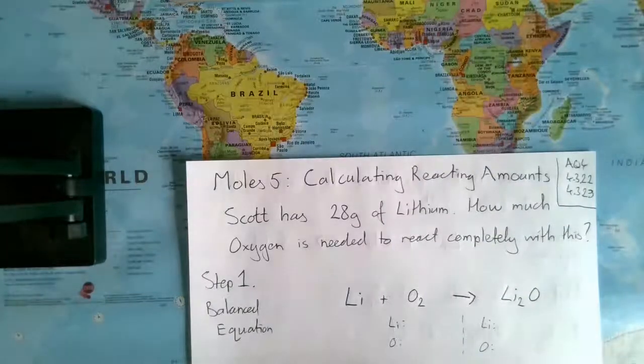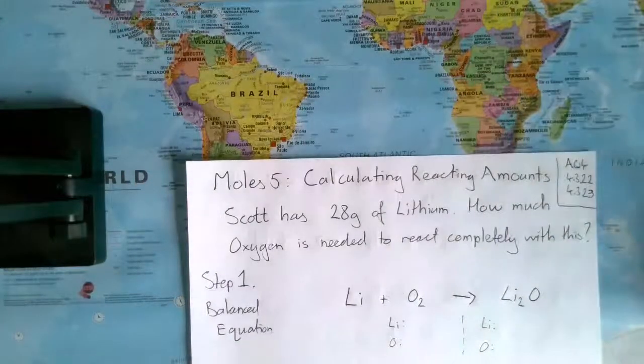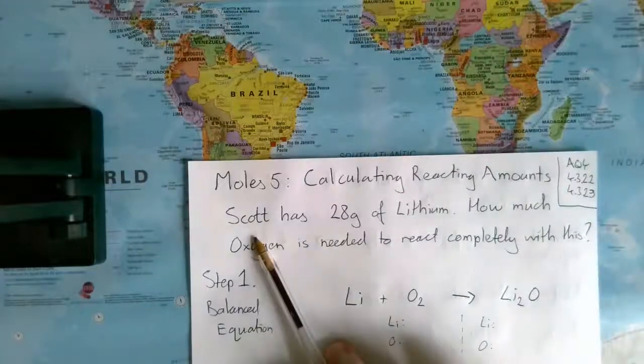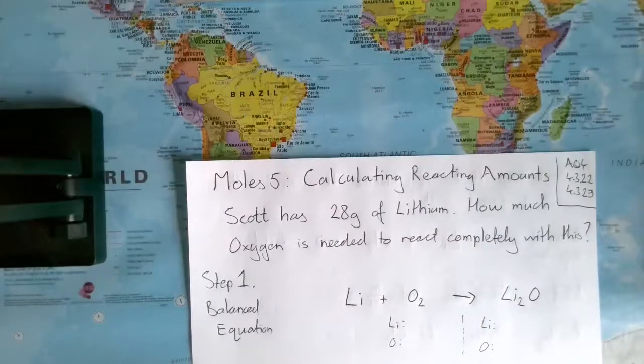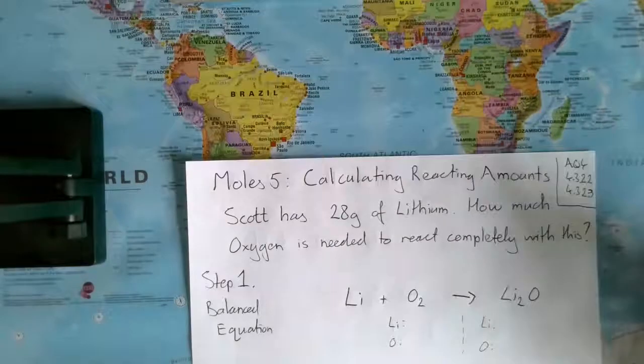So the questions are always, the examiners will make up a name of a person. Today I have picked the dogs that happened to walk past my window whilst I was recording this. So starting us off was a very lovely West Highland Terrier called Scott, who happens to have about his person 28 grams of lithium. And what we want to know is how much oxygen would be needed to react completely